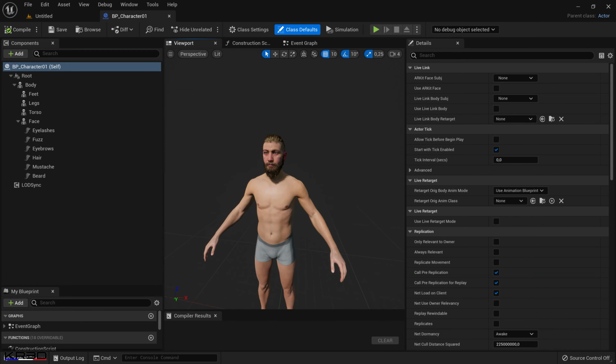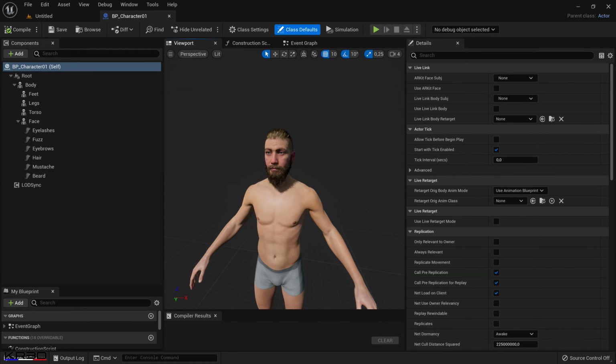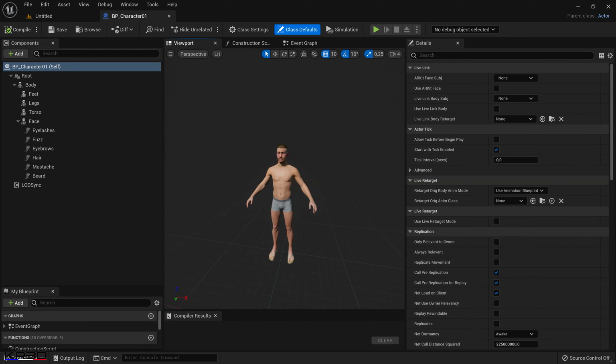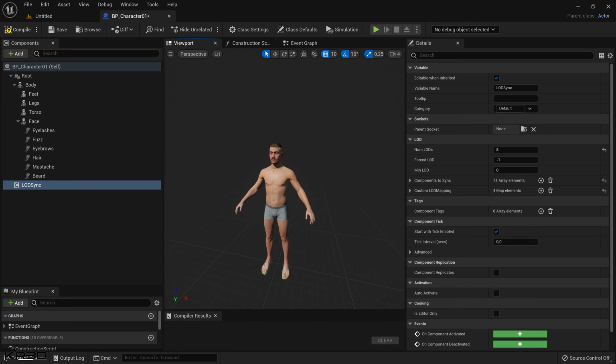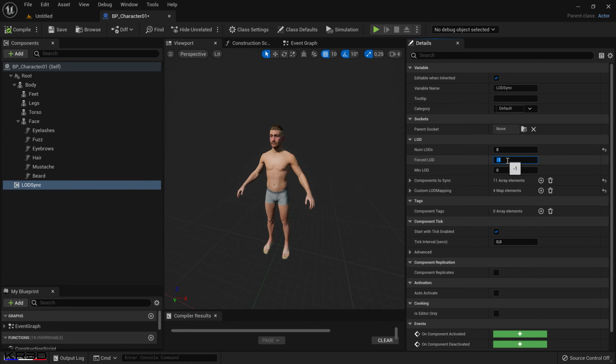We'll fix that. For that, go to Load Sync, force the load to 0, compile, save,